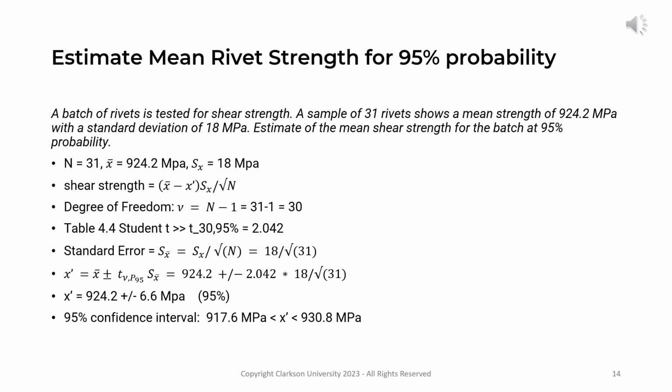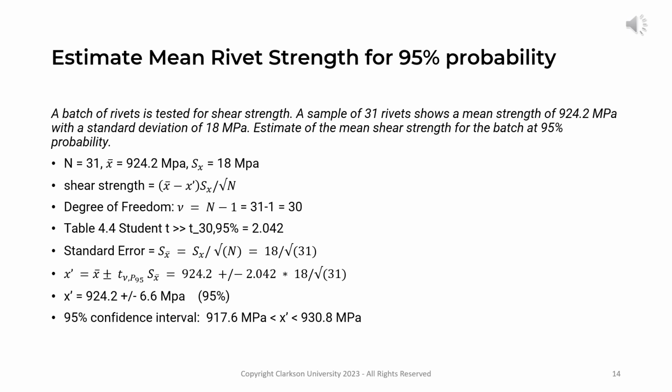To estimate the mean shear strength for the batch of rivets at 95% probability, first we recognize that we have a sample, so we have a finite data set. We can assume a student's t distribution. The sample size is 31 and the sample mean is 924.2. The sample standard deviation is 18. So our shear strength, x bar minus x prime over s x over square root of n, that's what we're looking for. Our degrees of freedom is n minus 1, which is 31 minus 1, or 30. We use table 4.4 to look up our student's t for 30 and 95% probability,